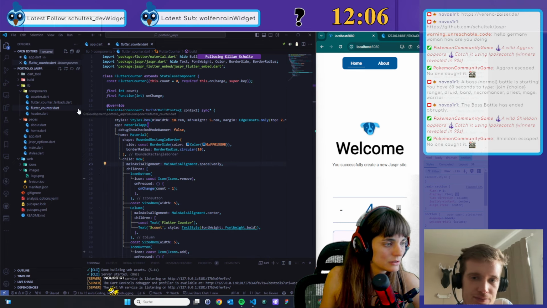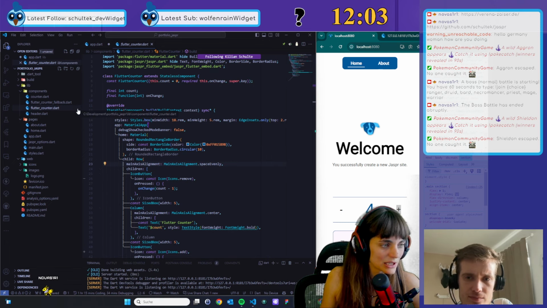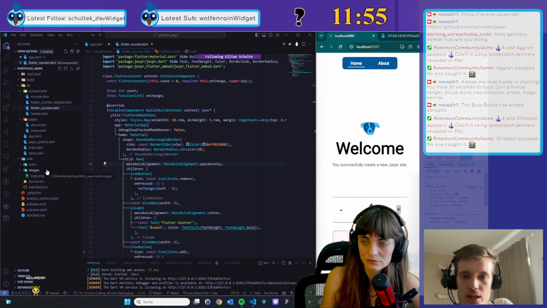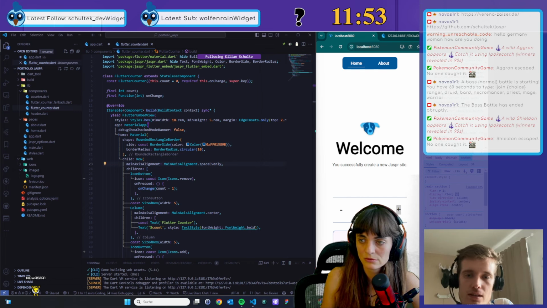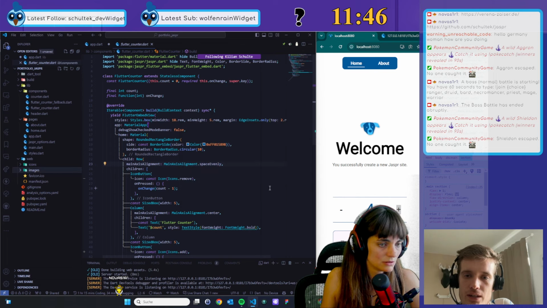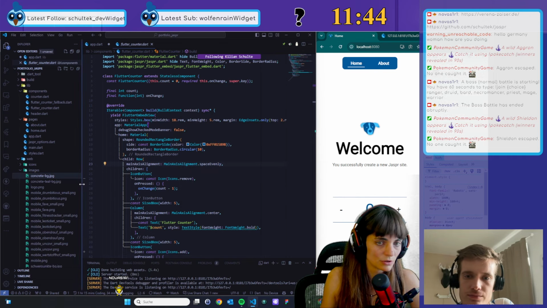Yeah, nice. So they would go in some kind of asset folder, I guess. Yes, it's in web/images. So the folder is already there. The web folder is kind of the asset folder. So anything that's inside the web folder is just copied over there as static assets later. Cool. Copy paste. I like.